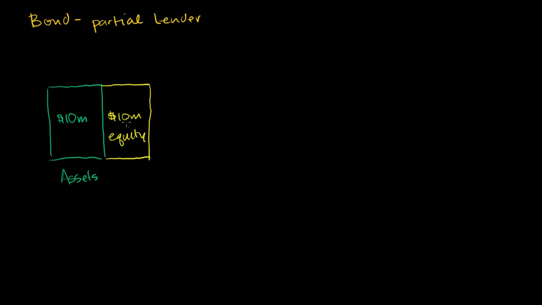And if we had, let's say, 1,000,000 shares, and if we believe this $10 million number, that implies that each share is worth $10 per share. Now let's say this company is doing really well and it wants to expand. It wants to increase its assets by $5 million so it can go out and buy a $5 million factory. So it wants another $5 million in assets that it needs to build that factory. And the question is, how does it finance it?